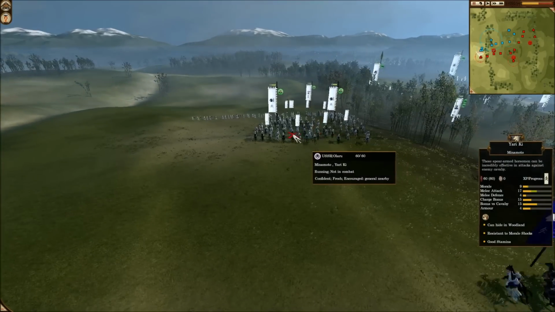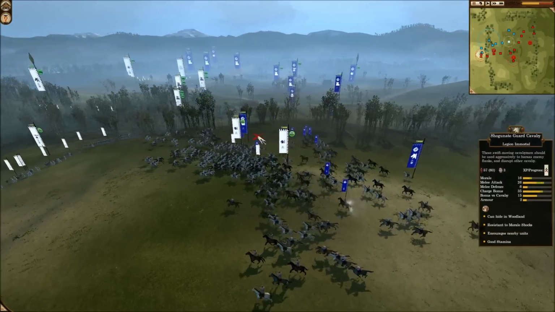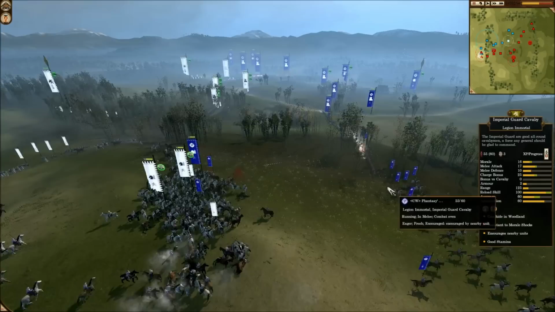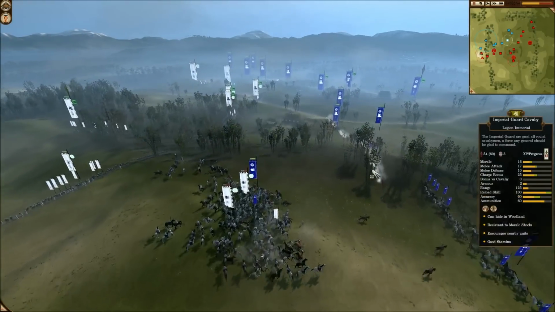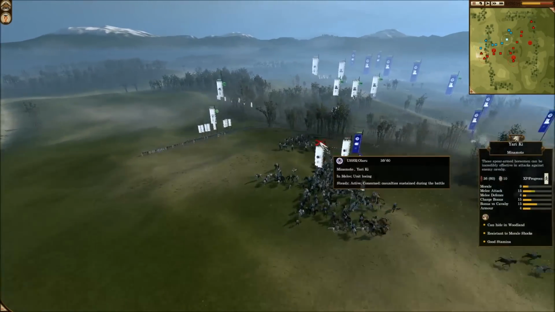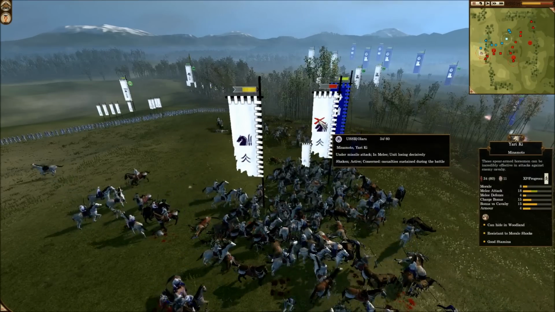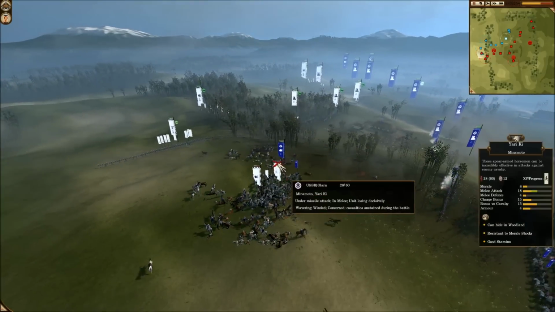making a pretty bad mistake I think, charging his Yariki into this Shogunate Guard Cav that is protected pretty much by Imperial Guard Cav and this Black Bear Infantry. Not really a wise engagement, as this Shogunate Cav is very good in melee. You can see there it's been